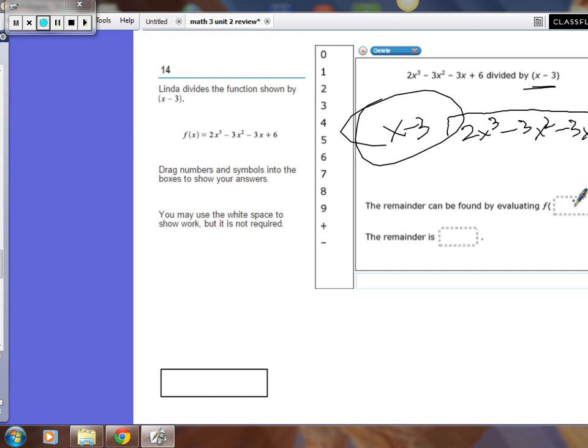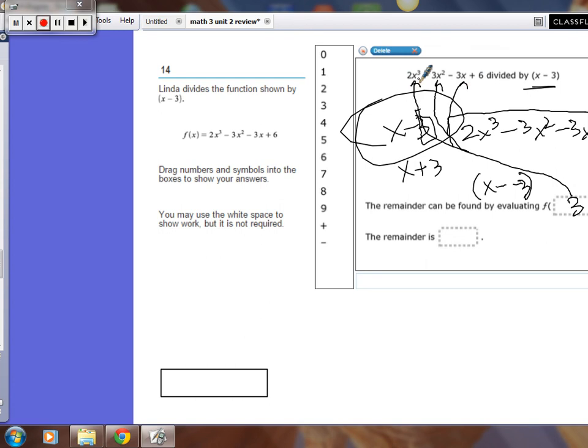We're going to take 3. If it was x plus 3, we would plug in a minus 3, because there needs to kind of be a minus in the thing. And x plus 3 is really like x minus a minus 3. So take the number, plug it in here, f of 3. That means this. If you take a 3 and you substitute everywhere there is an x,